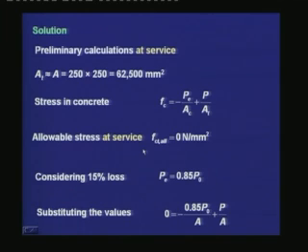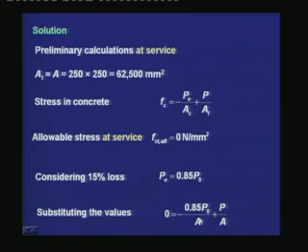From the definition of the problem, the allowable stress at the surface, FCT allowable, is equal to 0 Newton per millimeter square. That means we are not allowing any tension under service loads. Considering 15% loss, the effective prestress is expressed as 0.85 times the prestress at transfer. Once we substitute the values of FCT allowable and PE in the above equation, we get this equation where we